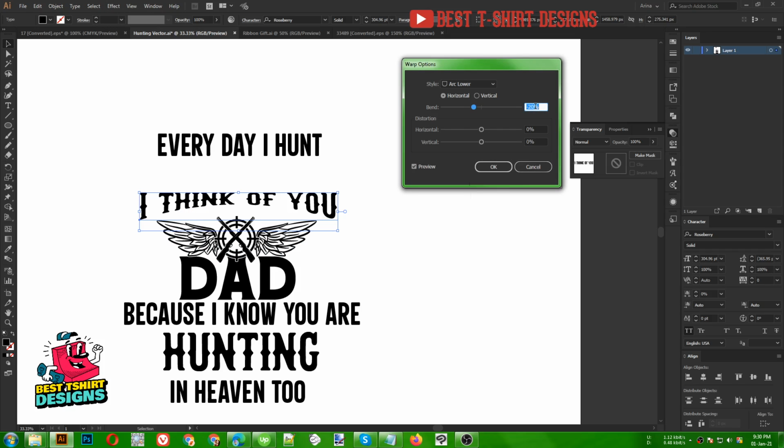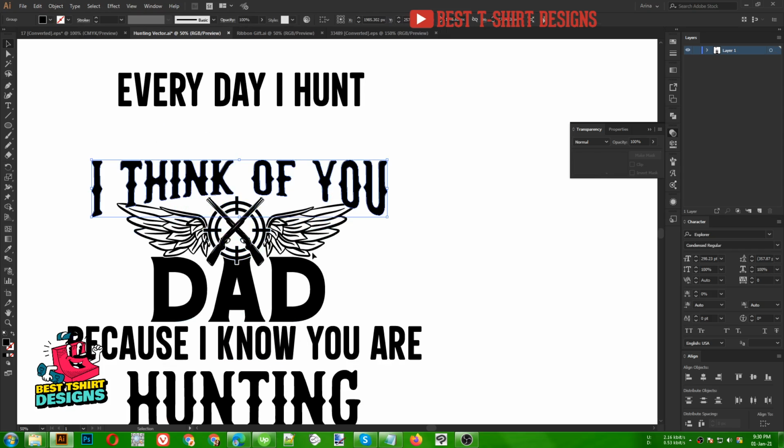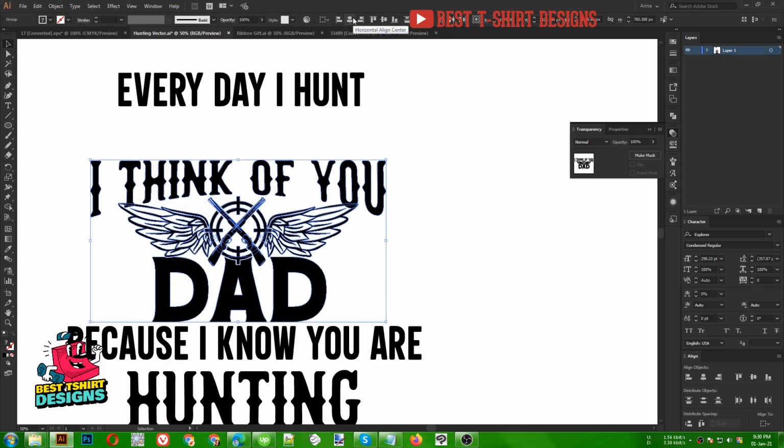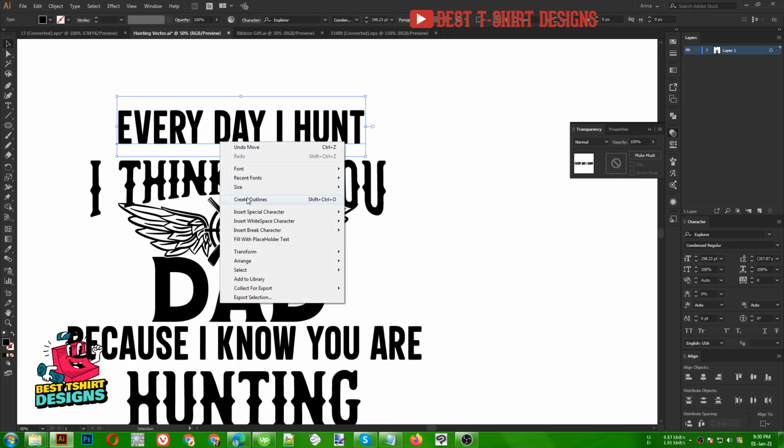Okay, that is a bit bigger, maybe. Okay, let's keep it 20%, minus 20%. Okay, now making it bigger, something like this. That much is good. Okay, this position is good. Let's break the font and then expand the appearance. Now that is good. I am selecting this group and my text group to keep them perfectly center position. That is good. Now let's break our